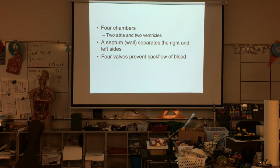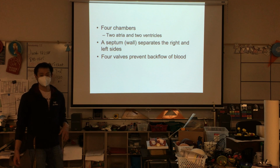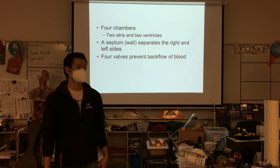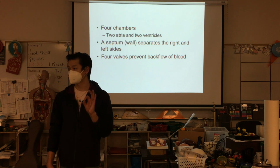Now that septum sometimes doesn't seal up. So we all have holes in our hearts when we're in our mom's belly, because we don't need blood to go to our lungs. So it just goes from our right side and skips the lungs and goes straight to our left side. So you have a hole in your heart. It's called the